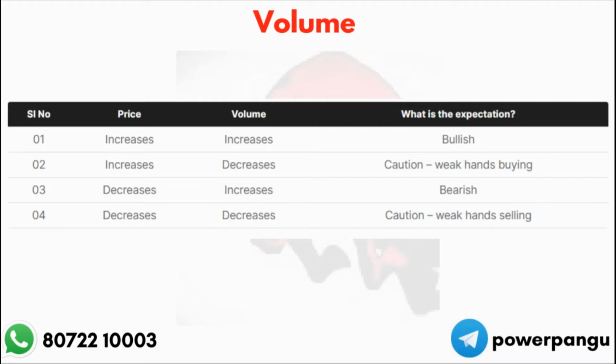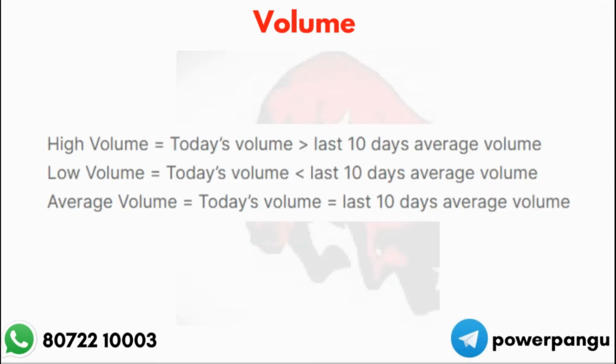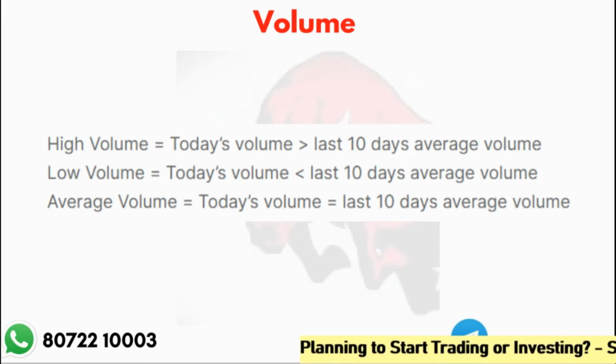You might get a question: you are saying volume increases, how can I see that, how is it calculated, whether it's increasing or decreasing? This is the question you might normally get. So we have a separate answer for this. If you see this slide, high volume is considered as today's volume being greater than the last 10 days average volume. We will draw an average line. I will show you how to do that, and we can easily calculate. We also have several scanners to calculate this information, so you don't have to worry about it.